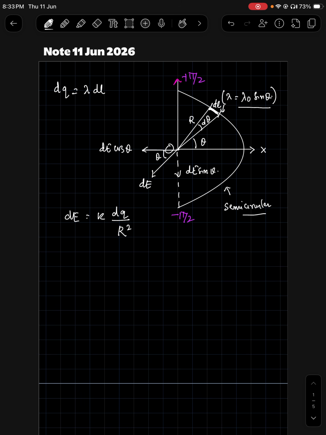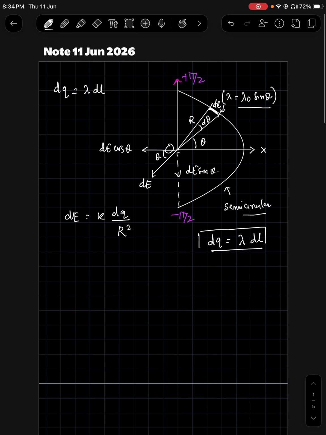First I am going to calculate the electric field at the center O due to the particular line element, because it contains charge dq. So obviously there should be an electric field, and then we will integrate to get the electric field for the total semicircular arc. So dq is the elementary charge present in dl. So that is lambda into dl, right? So that is, we know,